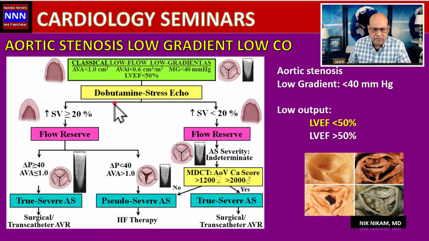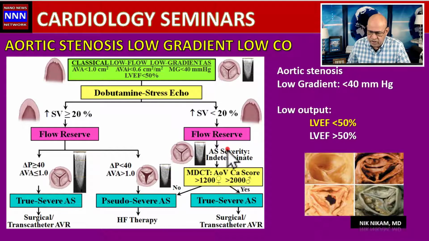On the other hand, when you subject these patients with low ejection fraction, low flow, low gradient to a dobutamine stress test, and the gradient does not go beyond 4 meters per second, the aortic valve area increases to more than 1 centimeter squared, then you are dealing with pseudo-severe aortic stenosis. So we need to focus upon heart failure treatment. On the other hand, if the stroke volume increase is less than 20%,